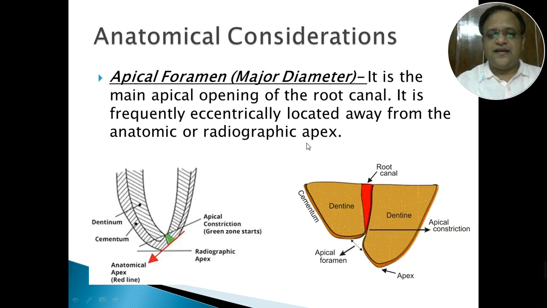That means when the radiograph is taken, please look at the apical foramen area. It is the entry point of where the periodontal tissue and the junction of the pulp. So it is that area. So as the radiograph or this illustration tells, it is the wider area of the apical end of the canal.